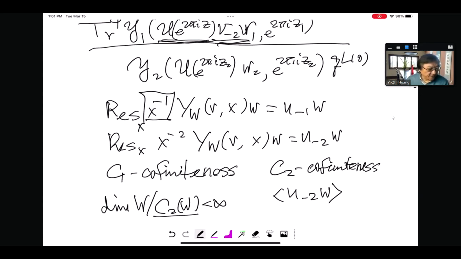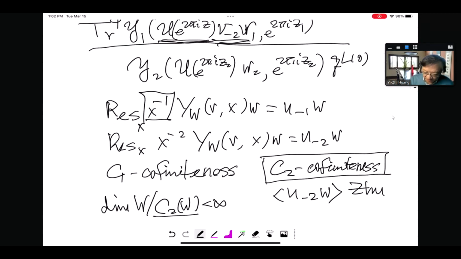And then I just want to mention that the first cofiniteness condition in vertex algebra was first discovered by Zhu, in his paper on modular invariance. He discovered what we now call C2 cofiniteness. C2 cofiniteness is very useful. We can use this to study modules, and we can prove a lot of things using it. But I think most people are more familiar with the application of C2 cofiniteness in the study of modules and so on. But actually, C2 cofiniteness was first discovered when Zhu wanted to prove the convergence